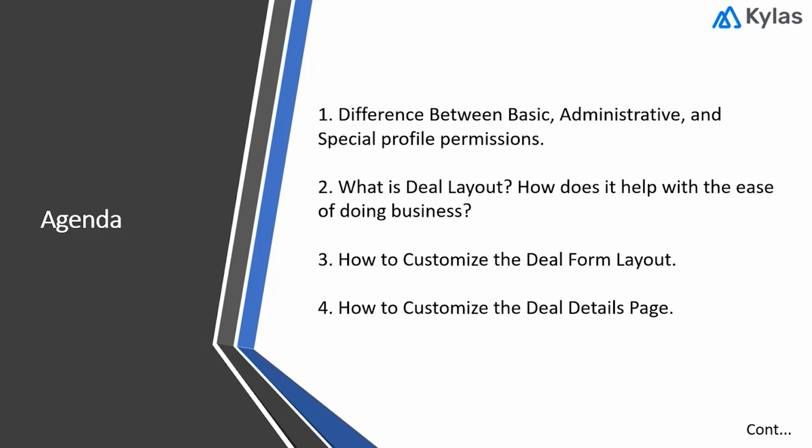Now here, the one tricky part is that not each of the teams will require all the fields available in the form. For example, let's consider there is a pre-sales team who requires to collect the information of a deal. So the team can collect only that information that is required for their